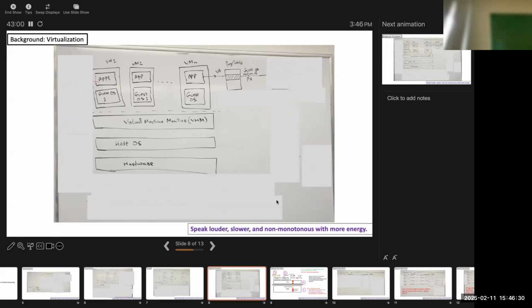The same still holds when you are running an application in a virtual machine. But that application runs on top of the guest operating system, right? So let's say this application generates a virtual address. As we do normally, we will look into the page table of that particular application. Every process has its own page table. So we will look into the page table of that process, and it will give us not the physical address,